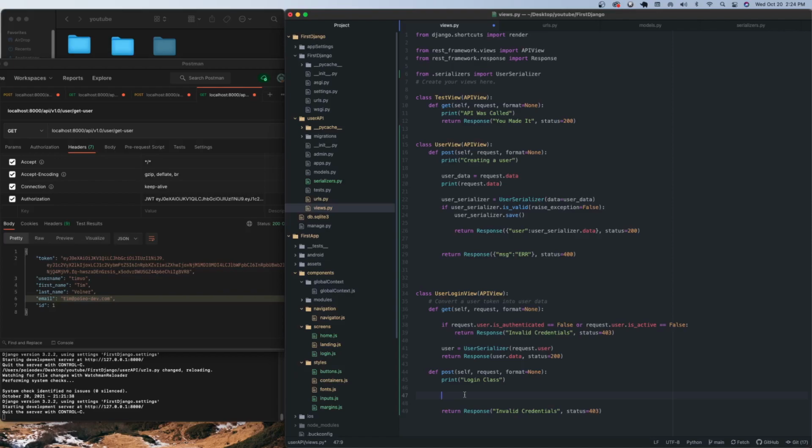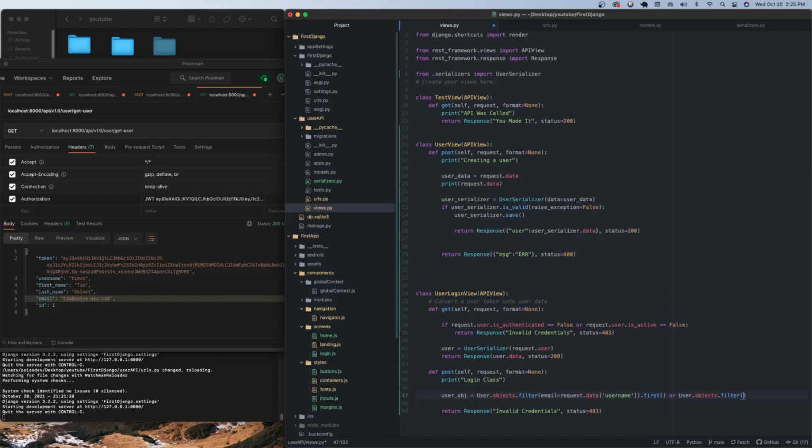And so what we are going to do is we're going to say user object equals User.objects.filter, and then we're going to search for both email and password. So the user is going to pass in a username under the JSON, but it can be either the username or the email, and so we're going to check for both. So email equals request.data username. And we're going to look for the first object in that set, or